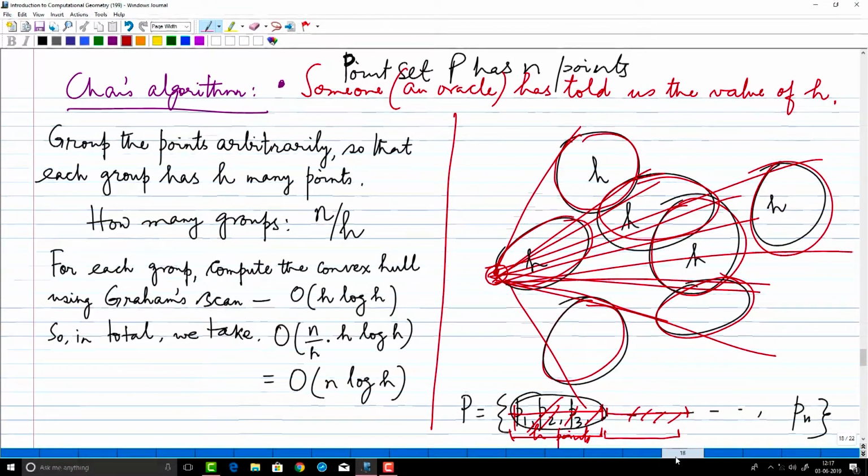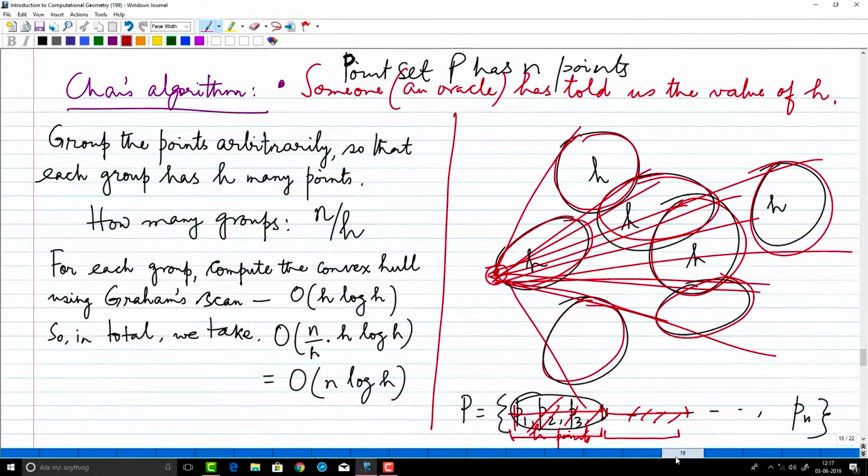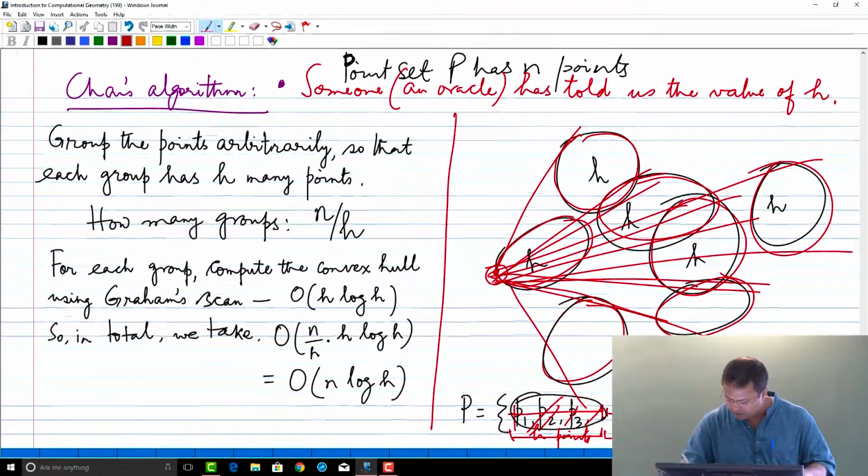No, a point of which I was sure, the leftmost extreme point, right. Okay. So, let us shift. So,